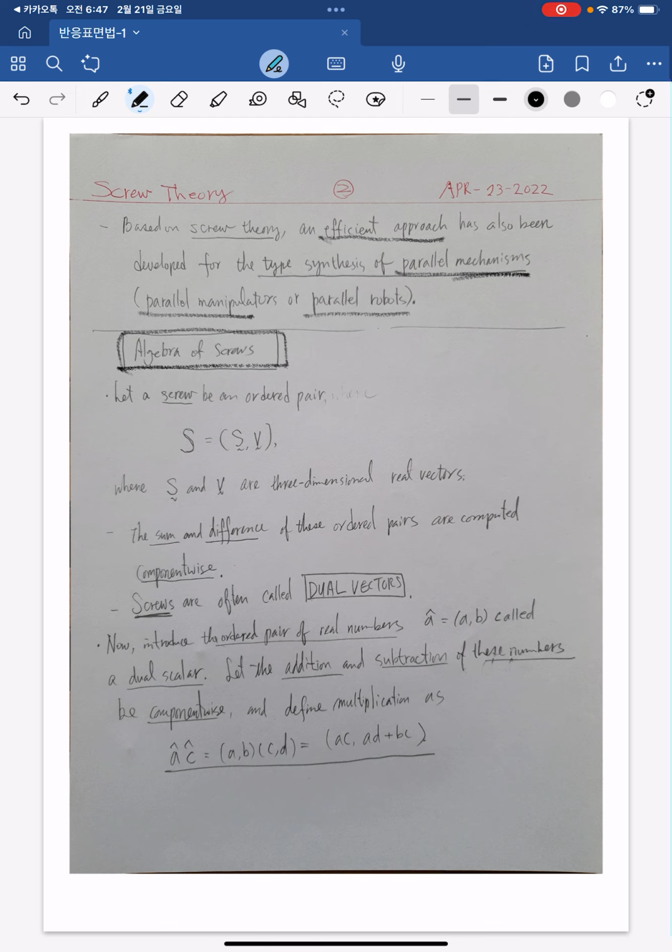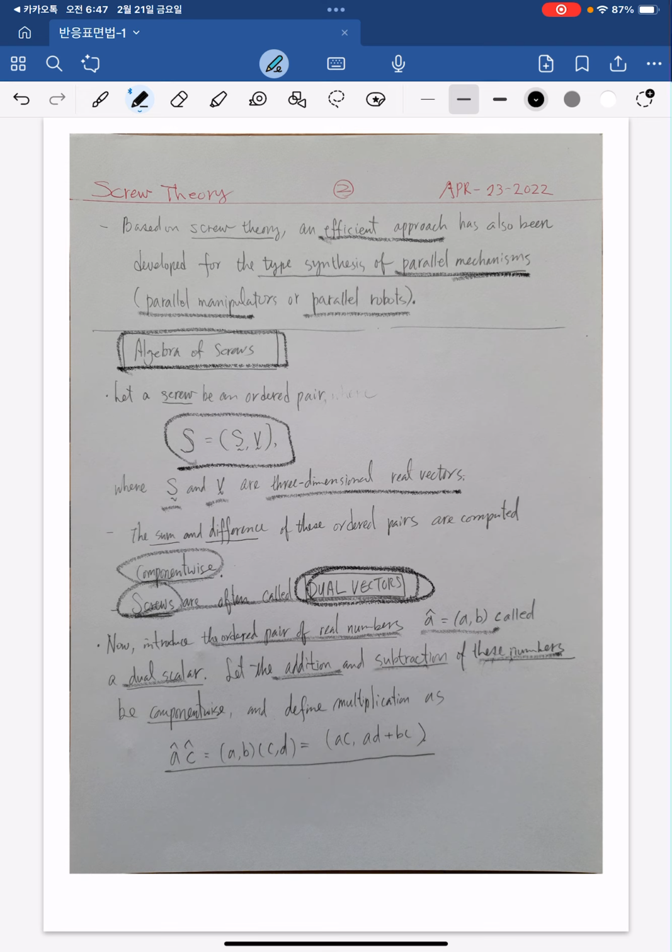Let a screw be an ordered pair S = (S, V), where S and V are three-dimensional real vectors. The sum and difference of ordered pairs are computed component-wise. Screws are often called dual vectors. Now introduce the ordered pair of real numbers, â = (a, b), called a dual scalar. Let the addition and subtraction of these numbers be component-wise, and define multiplication as